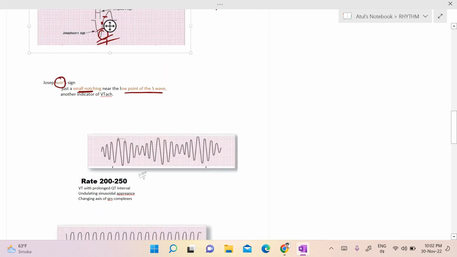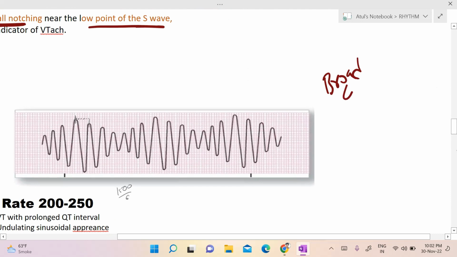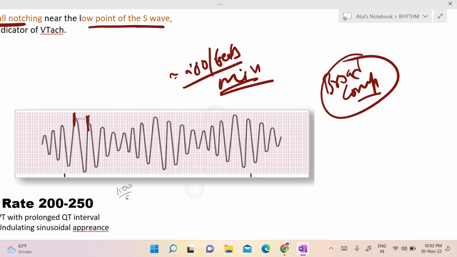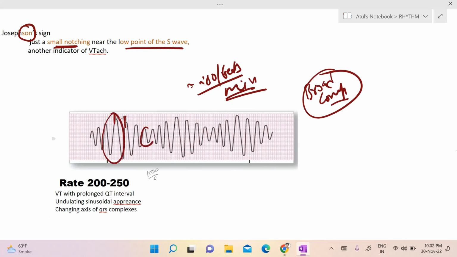Now look at this ECG. There are also broad complexes. There is also tachycardia. We can see that these two waves have 5 or 6 small squares in between, so it will be around 280 or 300 beats per minute. So this is definitely tachycardia. These are broad complexes, but the axes of these complexes are changing regularly, like this, this,